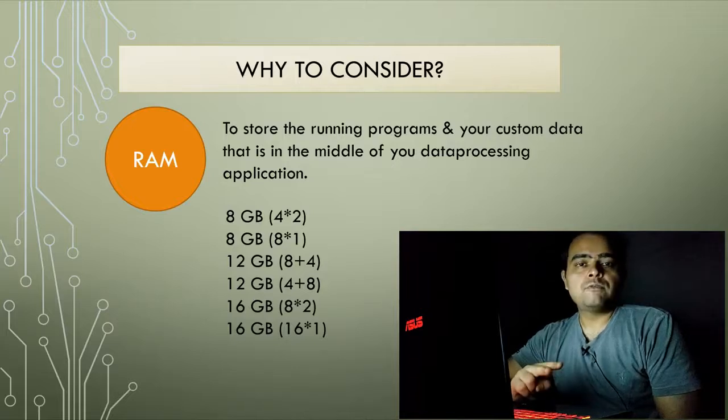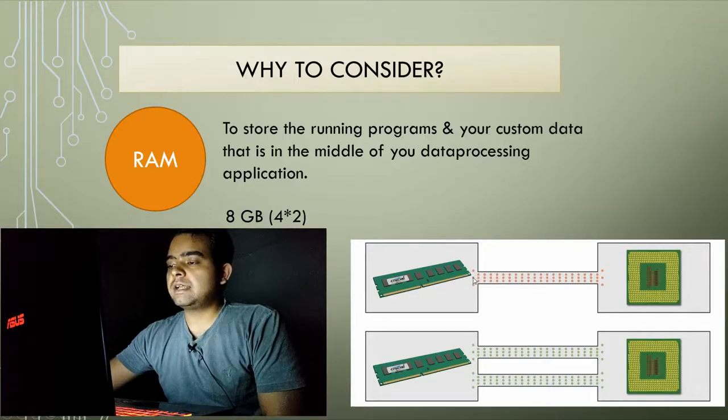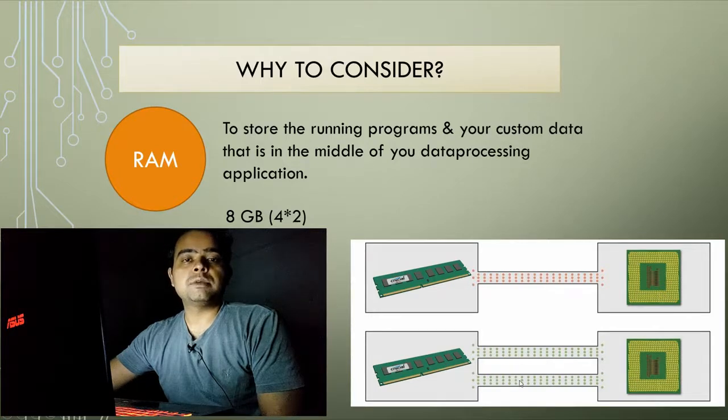Let me explain. When you have 2 memories of the same size and your motherboard supports dual channel, what happens there is, you can see this small figure here. If your RAM is running in single channel, the memory controller transfers the data from your CPU to your RAM using this one channel. So there is one channel, the bandwidth of which can be used to transfer the data from your memory. But in case you have dual channel support, the amount of data may be the same, but there are 2 channels, so bandwidth will be more. There are 2 channels that can be used, so read and write will be faster. So this is the basic concept.